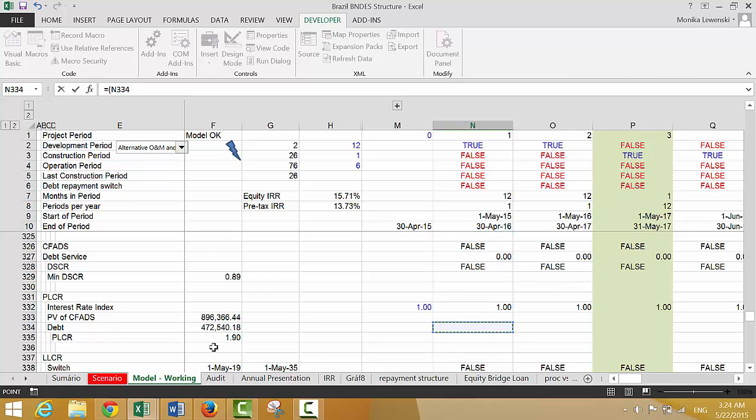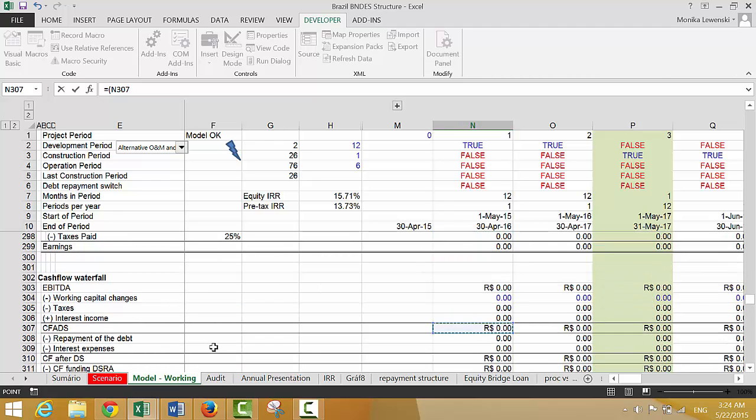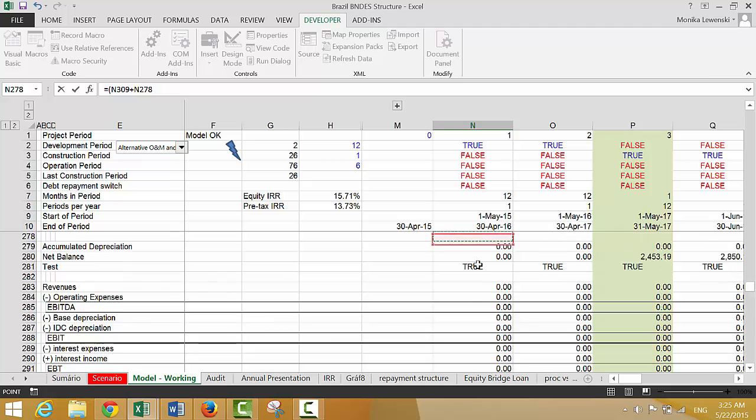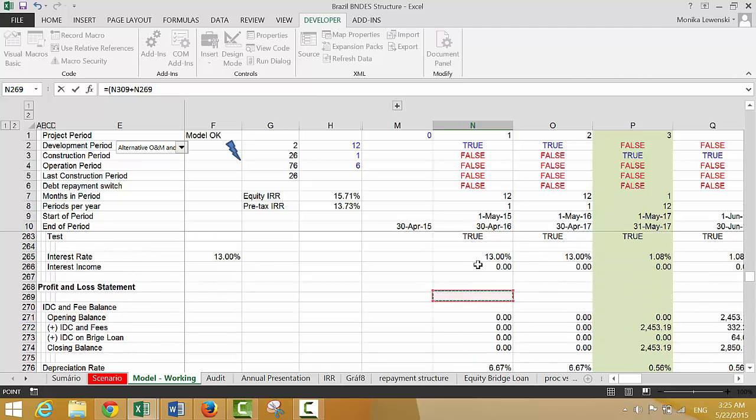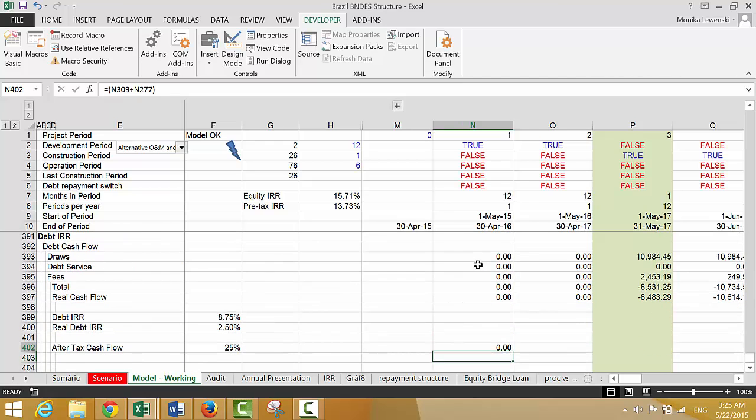Where's the interest? Here's the interest plus the IDC, and because that's all related to this, I guess it's not exactly, because times the tax rate,